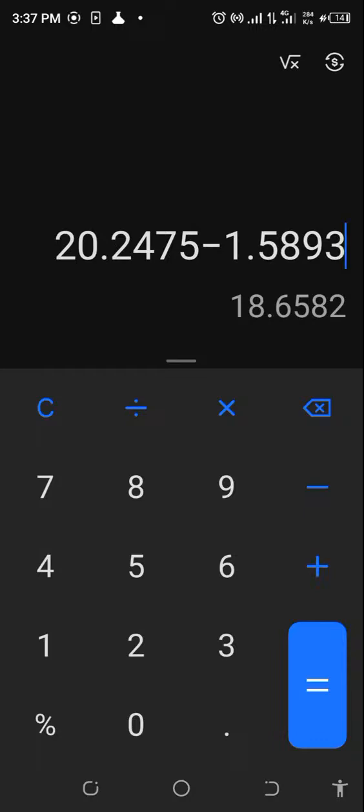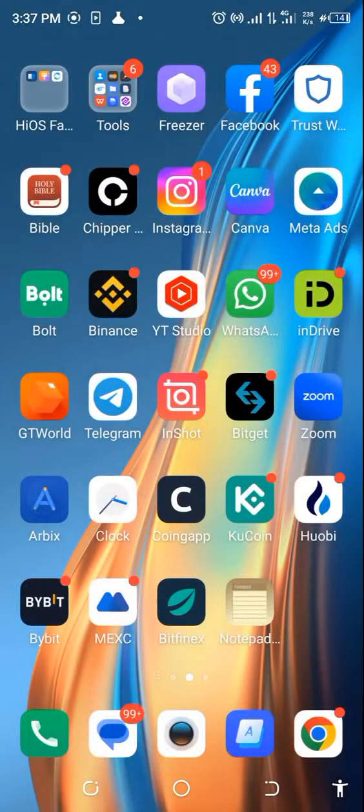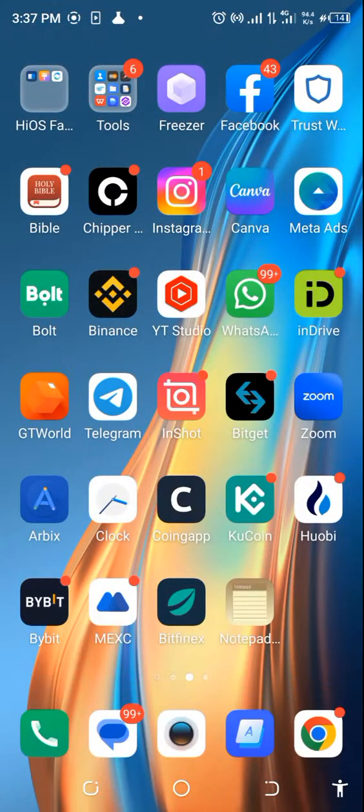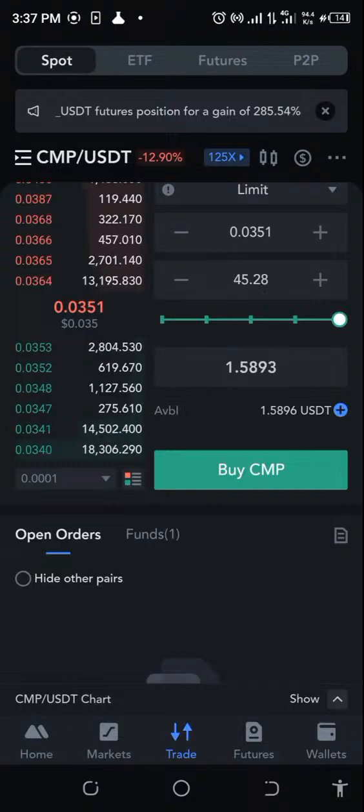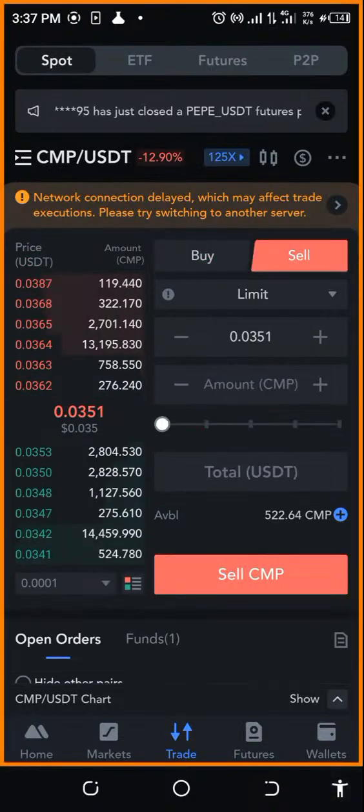Okay, so what we've been able to change is 18.6582. That's what we're going to use for this trade. So let's not waste time. Let's make sure that we keep on going. What we're going to use is the amount we currently have, which is